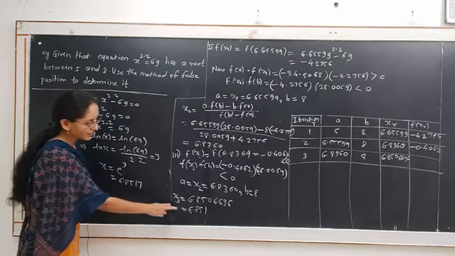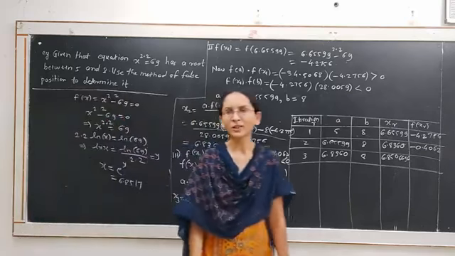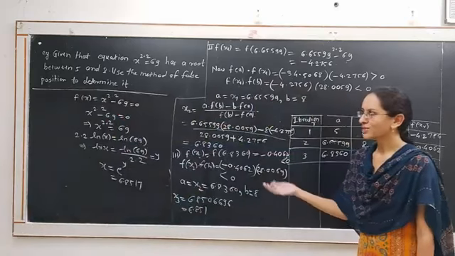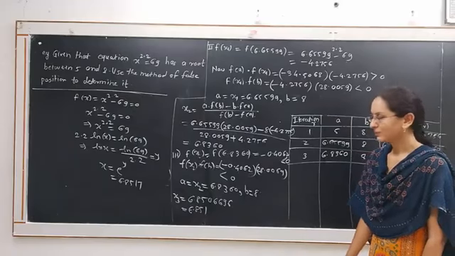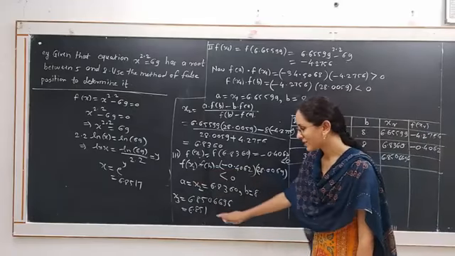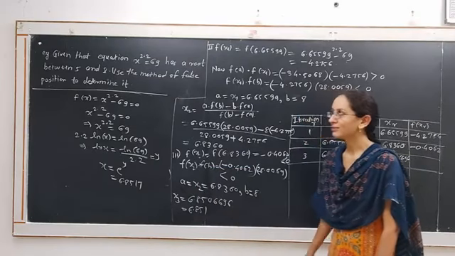Therefore, we consider this as the root of the given equation correct up to 3 decimal places, because we know the exact root of the given equation is 6.8517, and this value is the same as this value to 3 decimal places. Therefore, the root of the equation f of x is